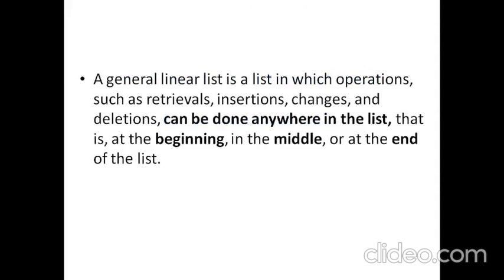A linear list is a list in which each element has at most one predecessor and at most one successor, except the first node and the last node, which have exactly one successor and exactly one predecessor respectively. All other nodes in the middle of a linear list have exactly one node on their left side and one node on their right side. This cannot be altered by adding more elements as successors or predecessors. So this is the characteristic of a linear list.